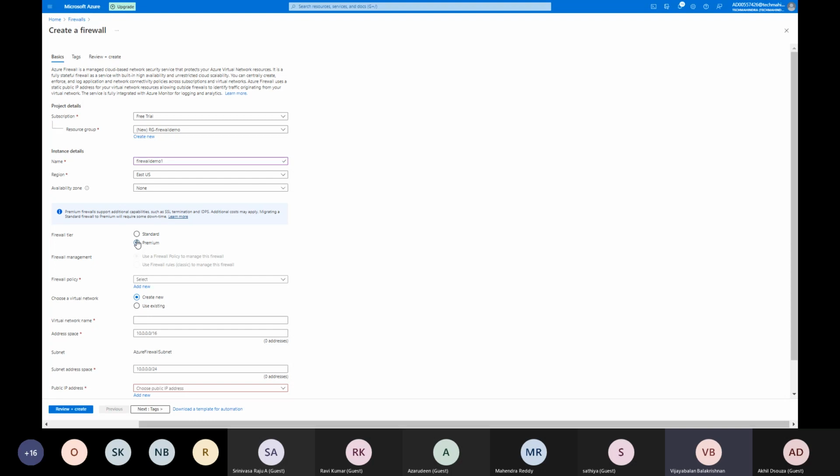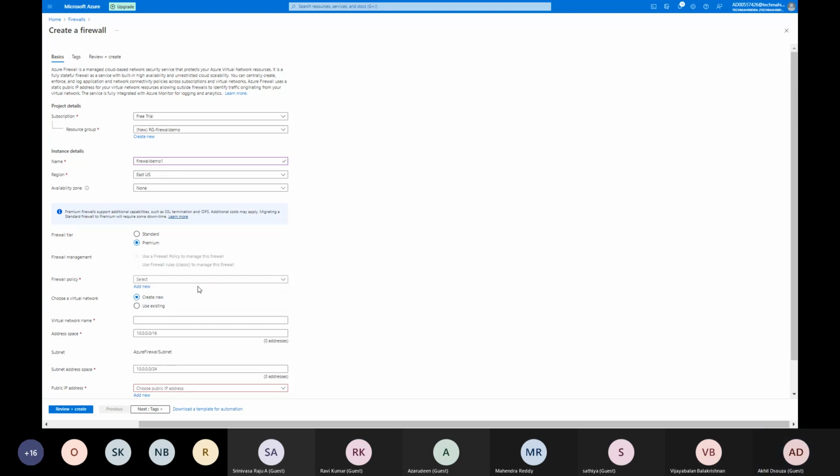If you see last week's classes, even for the web app, you need the proper subscription SKU. Otherwise it will not work, even VNet to VNet peering. So better you go with the premium one so that you can disable it, but standard also serves.